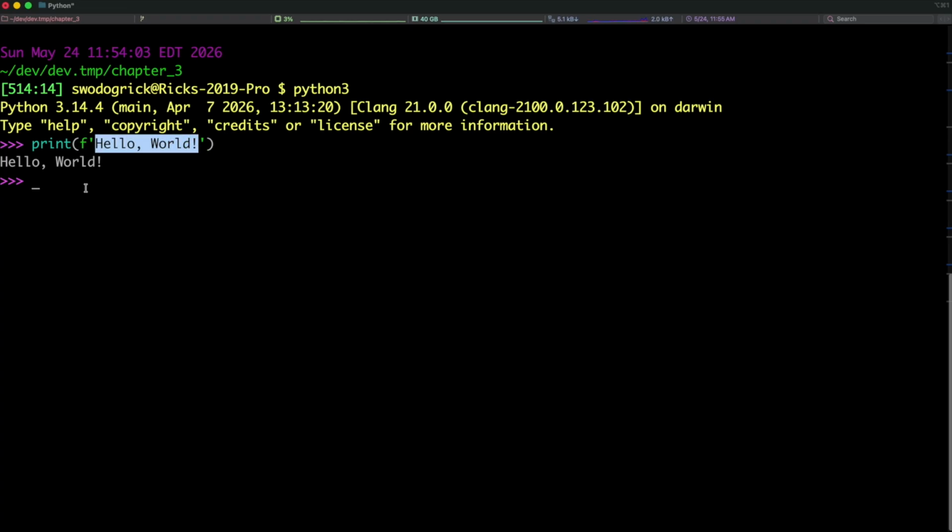Okay, so that's one way. So you can just execute commands. You can declare a variable count equals 5 if you wanted to. And now you notice there was no output, but that variable has been set. It's called count. Now if I say print F, hello, count, I'll just say count,